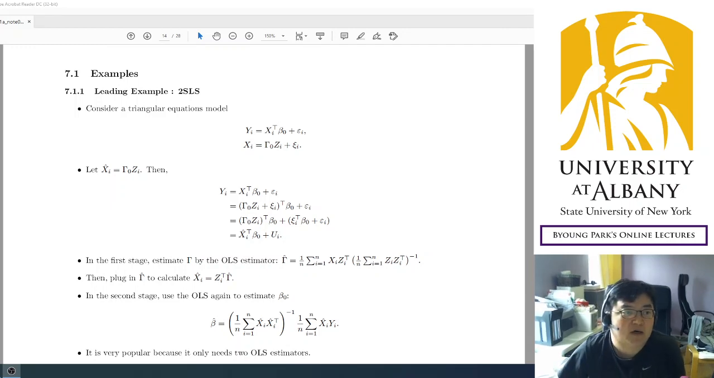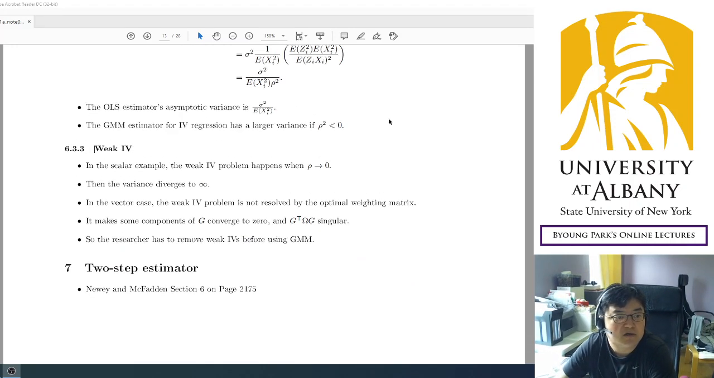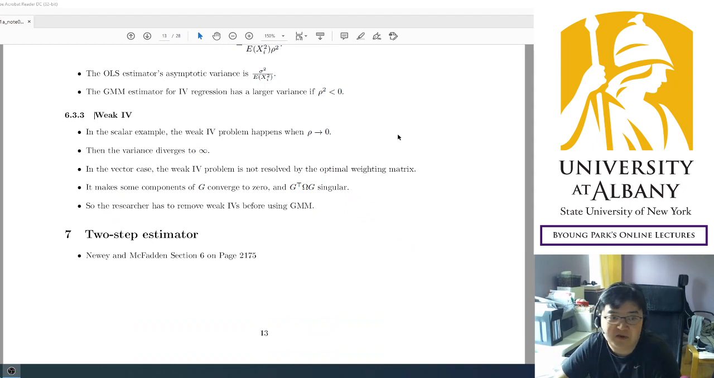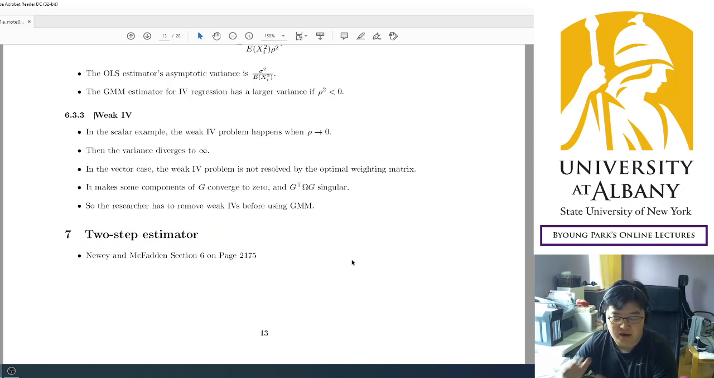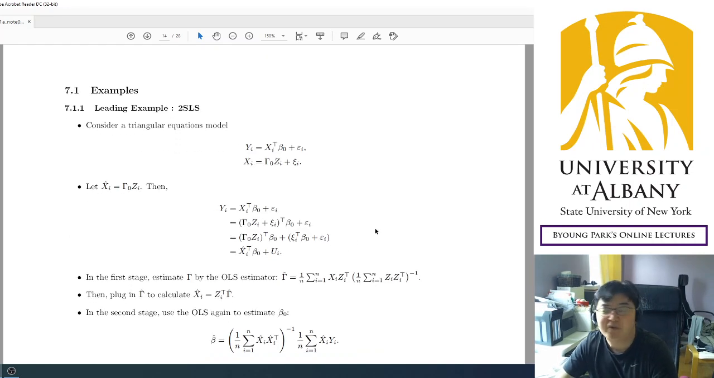Hello. Today, before the midterm exam, we finished the GMM chapter, and now we are going to study the two-step estimator chapter. Two-step estimators are a very widely used class of estimation methods, and I'm going to show you some examples first. The leading example in this chapter is two-stage least squares, which is least squares with an